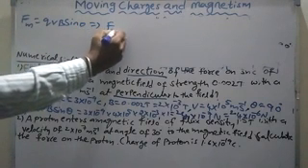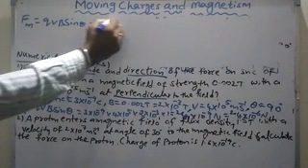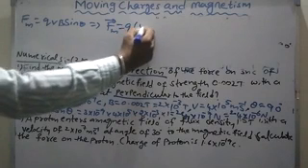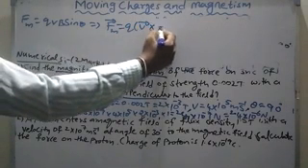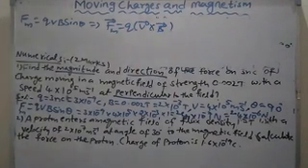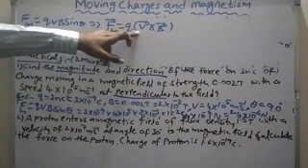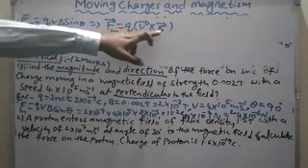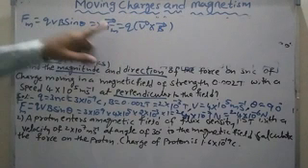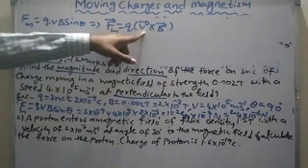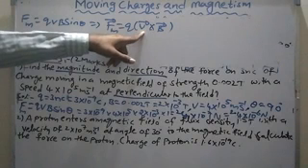In vector form, how can we write it? Fm bar is equal to Q into V bar cross B bar. The direction of magnetic force is perpendicular to the velocity of the charged particle, perpendicular to the magnetic field, or else the direction of magnetic force is the direction of V bar cross B bar.